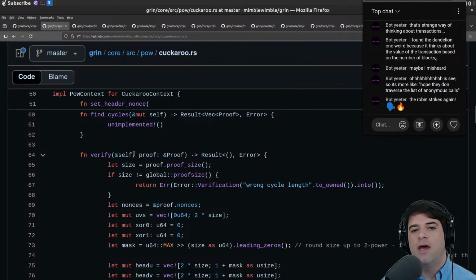Okay, so to verify, it's a proof. And the proof is, I guess, a claim that there's some number of cycles in the graph, or rather the proof should be both a claim, namely that there's some number of cycles, and also a description of what all the cycles are.